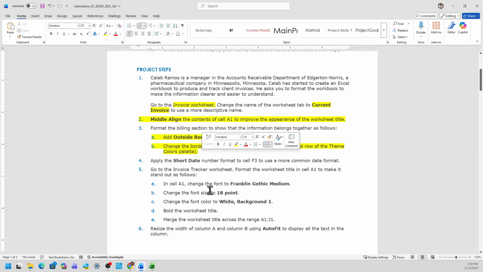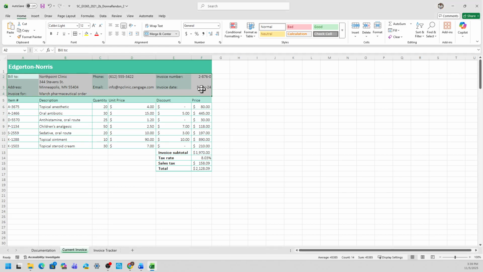Step 4, apply the short date in cell F3. Back to the start file. F3 is here. I can see in the name box it is F3.